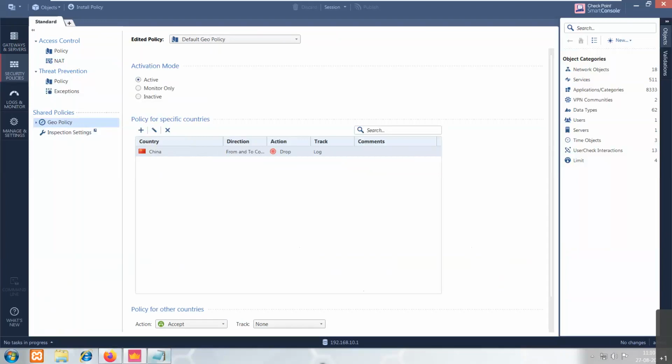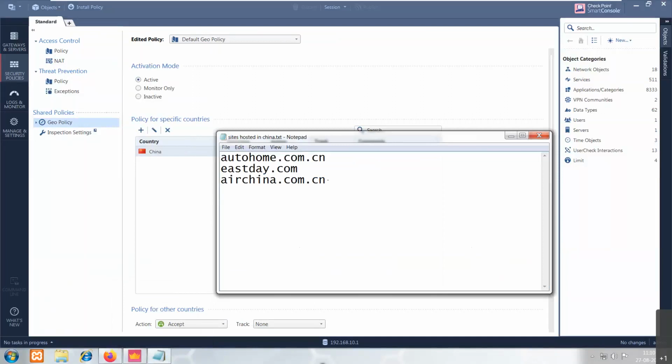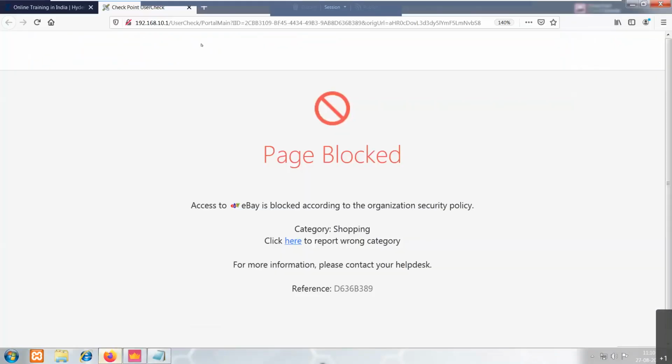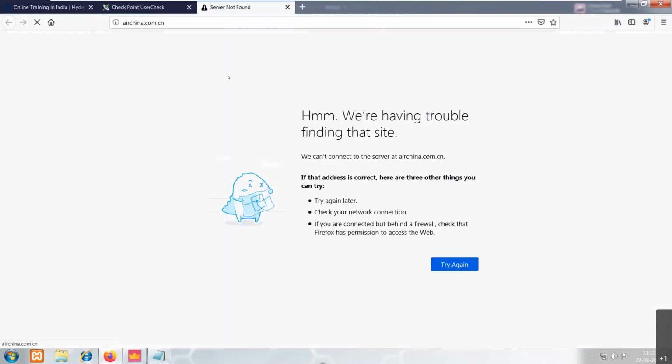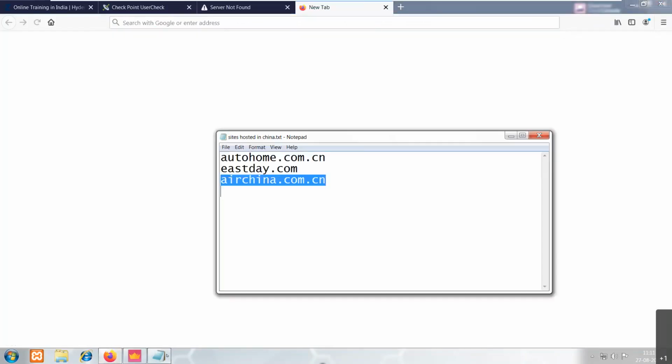Now let me try to access some website which is hosted in China. We'll see if we can get access to that resource or not. As you see, it's not permitting us to get connected. Let us try a different website.